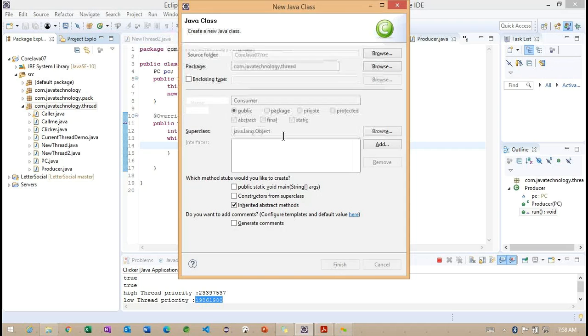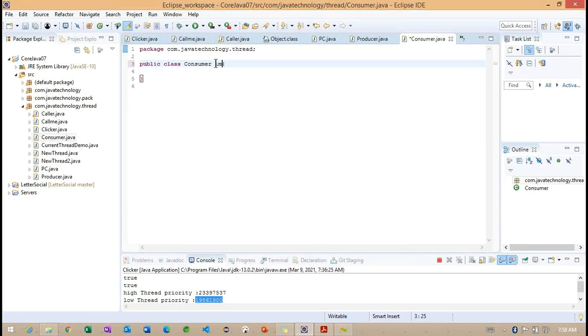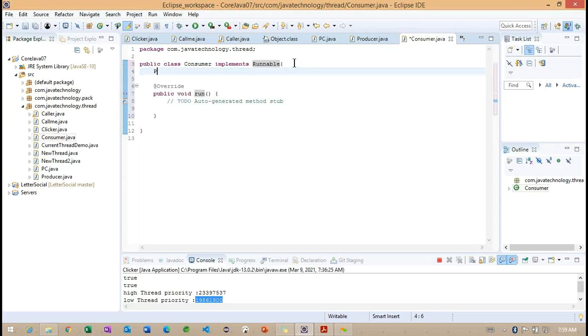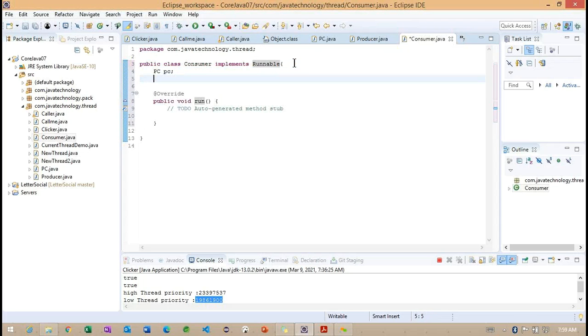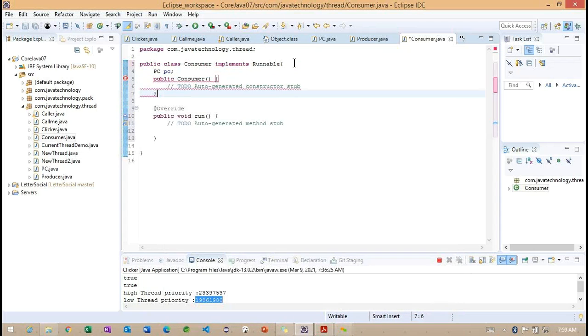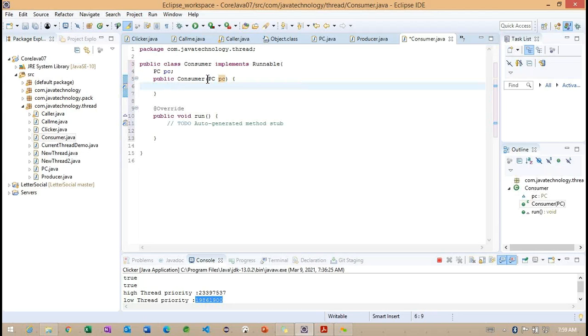Now I'm going to create one more class called Consumer. This consumer class also implements Runnable. Again I want to take the PC here and one constructor, this.pc is equal to pc.